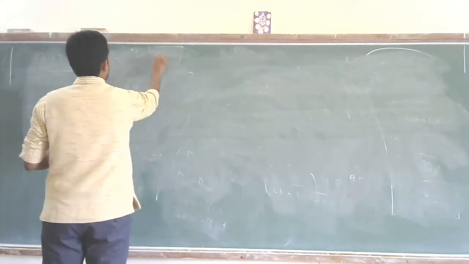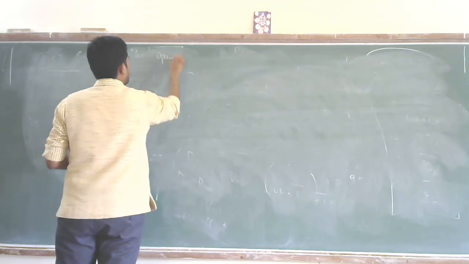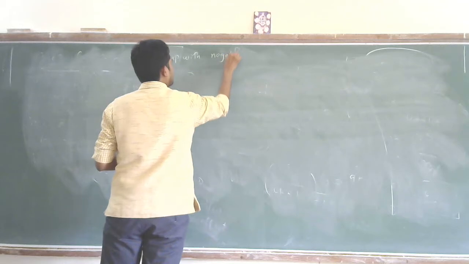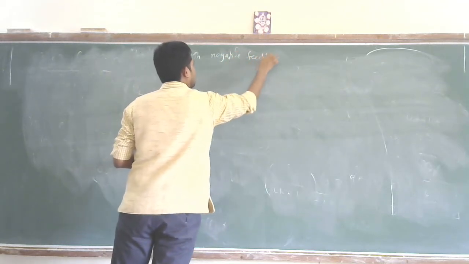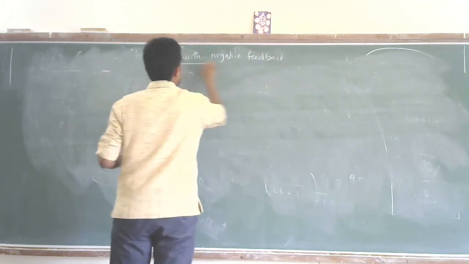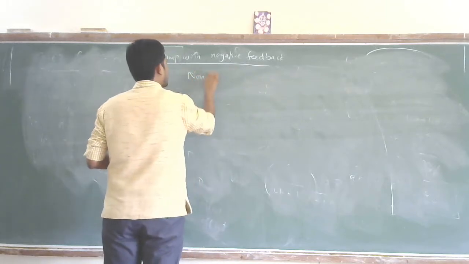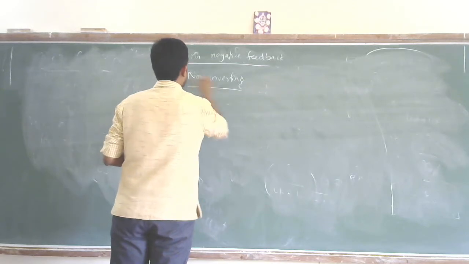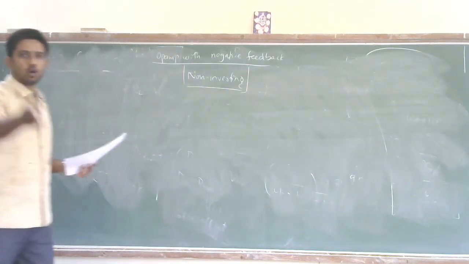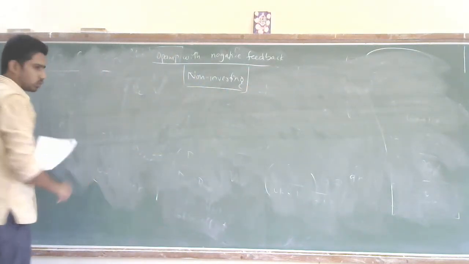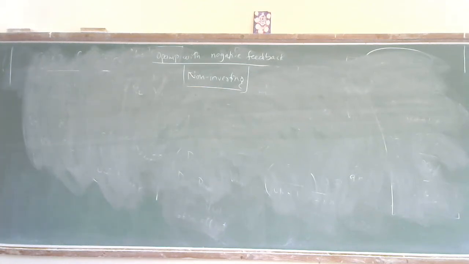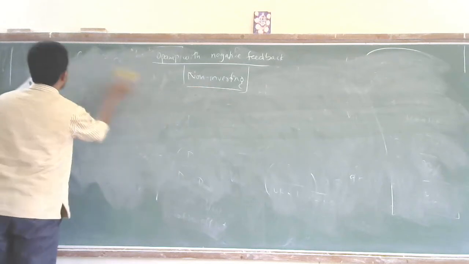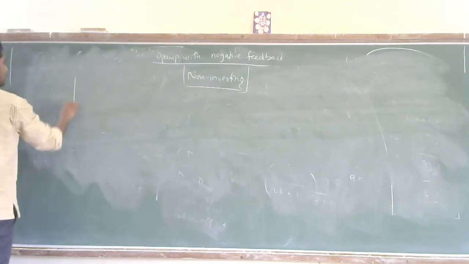So the concept is op-amp with negative feedback. And here I am going to consider a non-inverting amplifier. Like I was telling, the non-inverting amplifier is the one which you already learned, and you also know the expression of the non-inverting amplifier. So let me draw the circuit of this op-amp which he has given in this textbook, and the circuit looks somewhat like this. Let me draw it here.